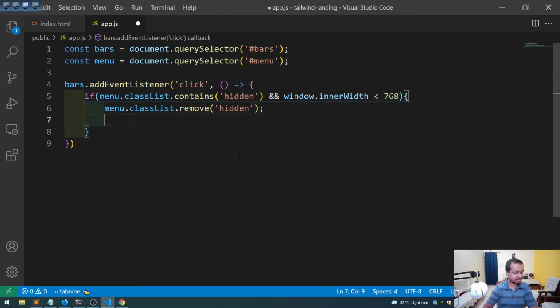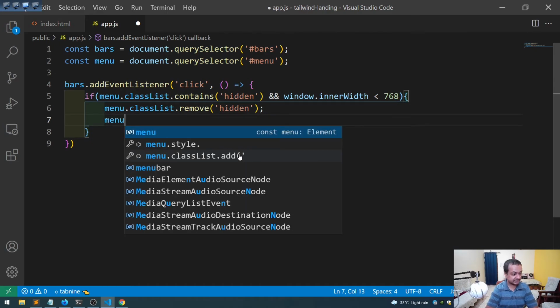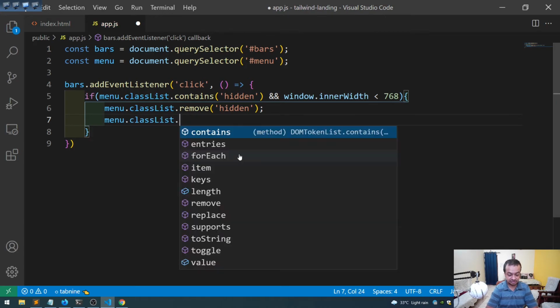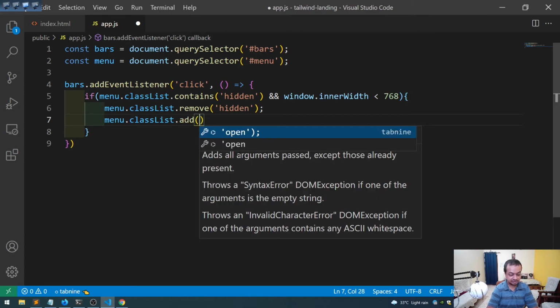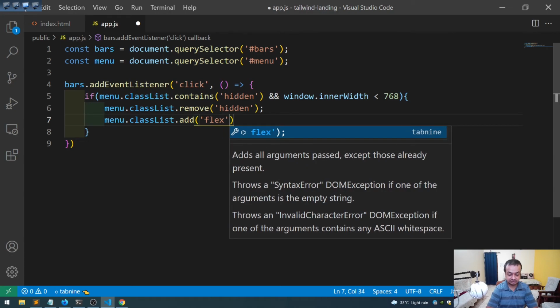Okay, and we are removing the hidden, and menu dot classList dot add, we'll add styles on the fly. We'll add the style known as flex,